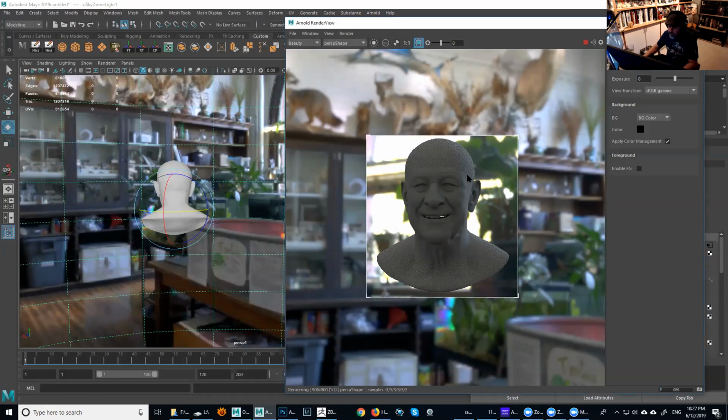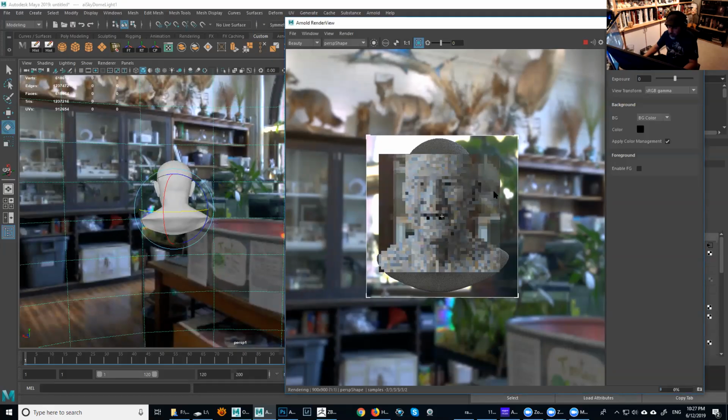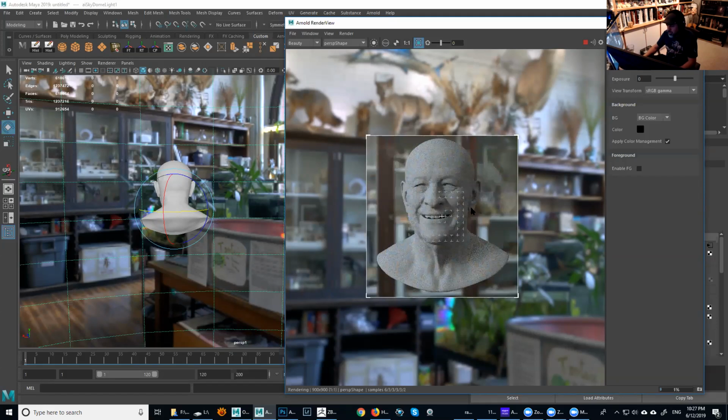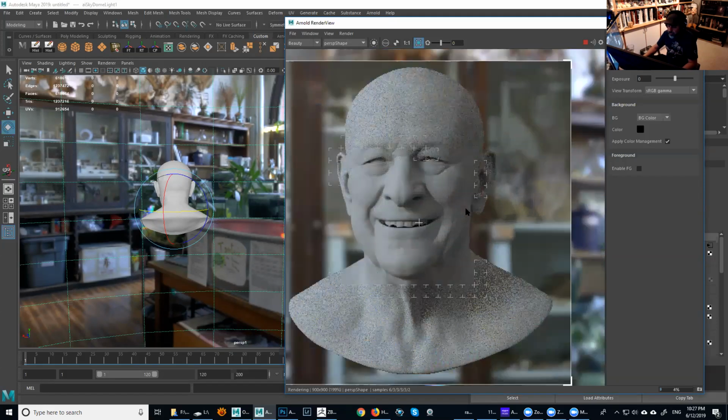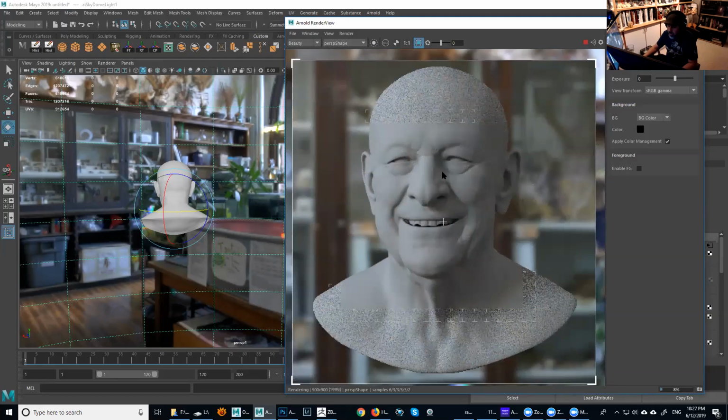And then if I render it again, let's see what we got. So yeah, it starts looking a little bit nicer. Obviously, without the eyes, we can't see what's going on in terms of the reflection or anything. But we can explore a little bit of the basic materials here in Arnold.